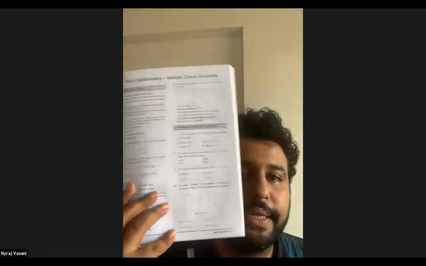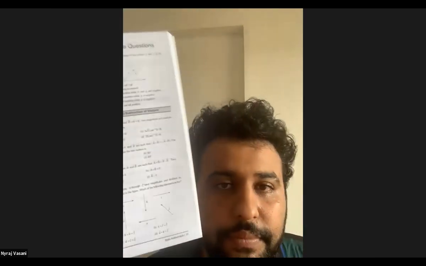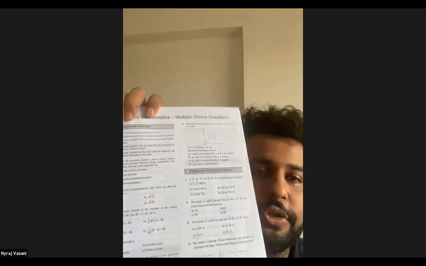There are MCQs on page number 31. Just check. There are MCQs on page number 31 of module 1. When you get module 1, please make a note. That is the first page, page number 31. At least this much you finish as your homework. Can you do that much?